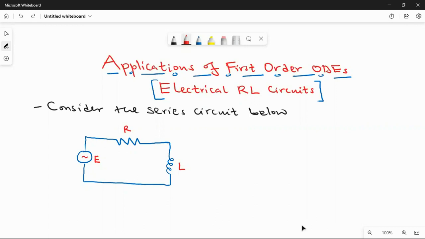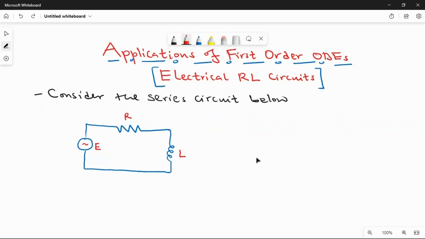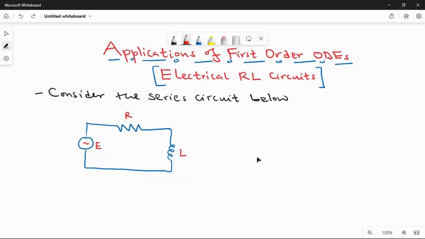Today we are going to look at applications of first order ordinary differential equations, and in particular we're going to look at the electrical RL circuits. So I want us to consider this series circuit, the one that you have drawn here, which consists of the